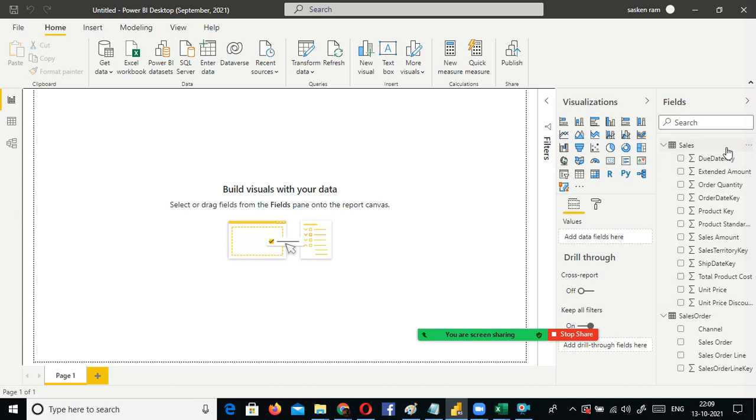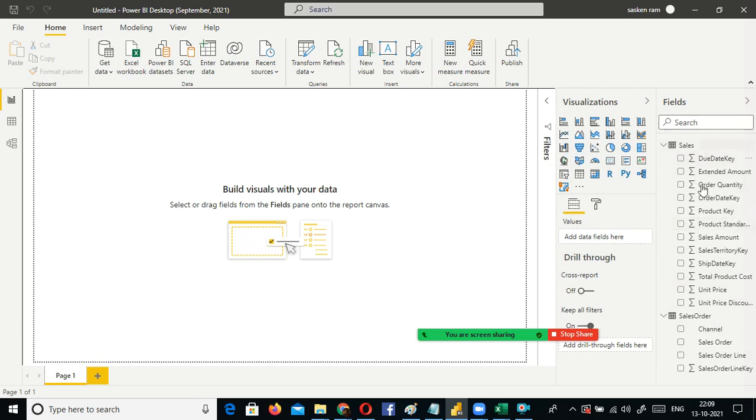These changes, removing the column, changing the data type, renaming the column, everything happens only in memory, not in the physical Excel file. It is not going to disturb your Excel file at all. Like in Python, we have something called a pandas data frame. There also we do it like this. It loads the data in memory. So these data are in memory. Whatever changes you make are getting affected only in memory.